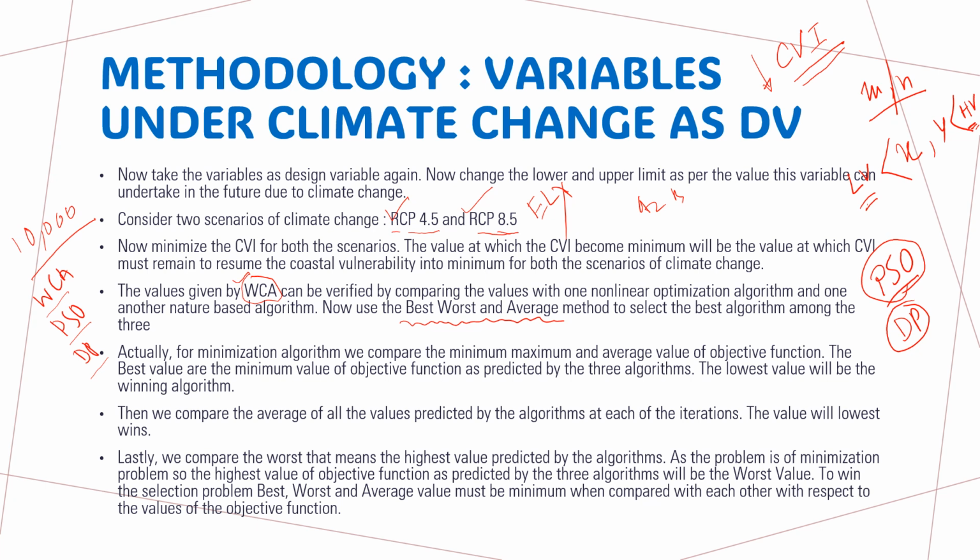Okay, and so what are we getting for that? We are getting the values of the variables, of the parameters which are used in the coastal vulnerability index. Okay, so with this I